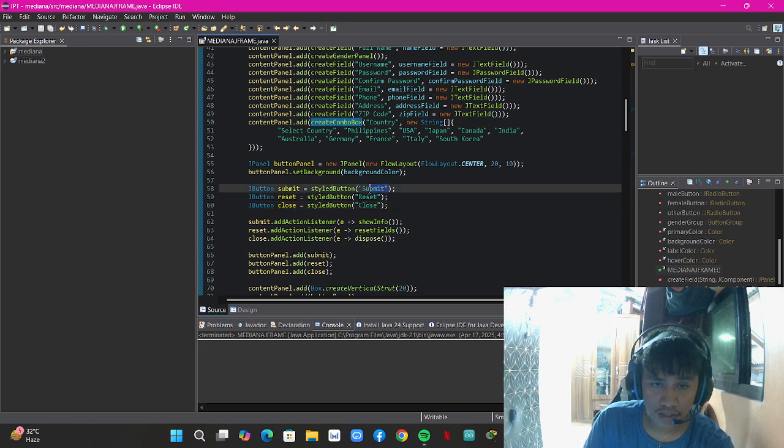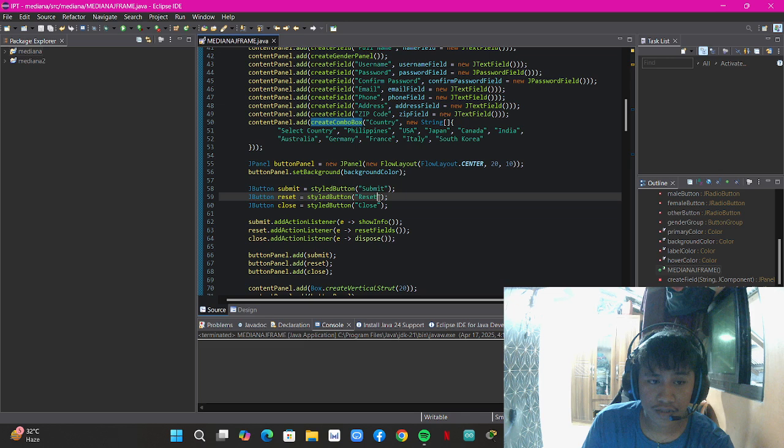So for submit, it calls showInfo, which validates the input and shows all the data in a dialog box. So for reset, it clears all fields using the resetFields method. And for close, it closes the form.